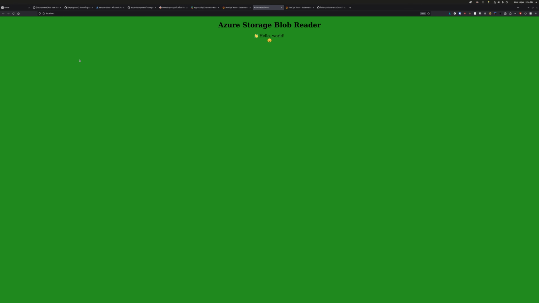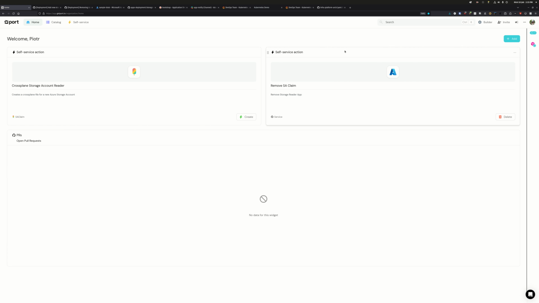We want to get rid of the app. We want to get rid of the infrastructure. We don't want to pay the bills if we don't have to. Similar process, but in reverse. As a developer, I come back to my portal, which is my window, the whole world, and then I'm triggering